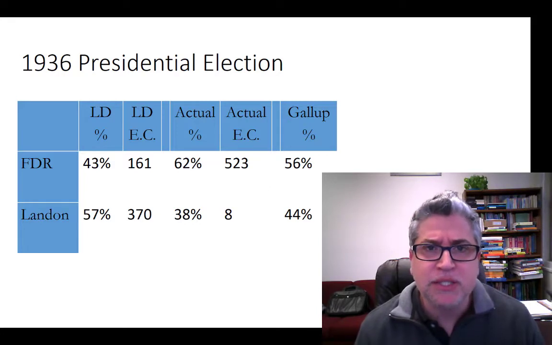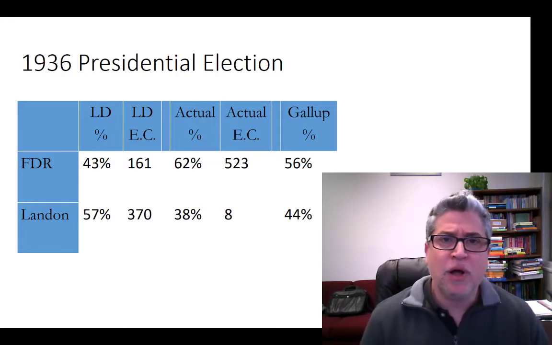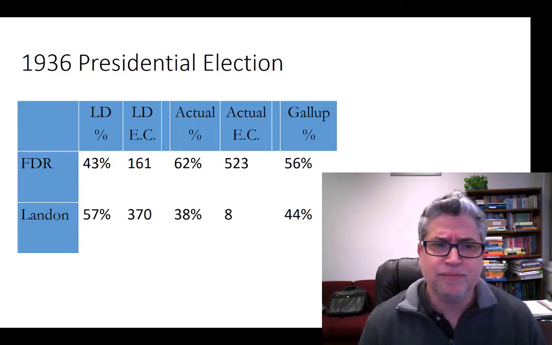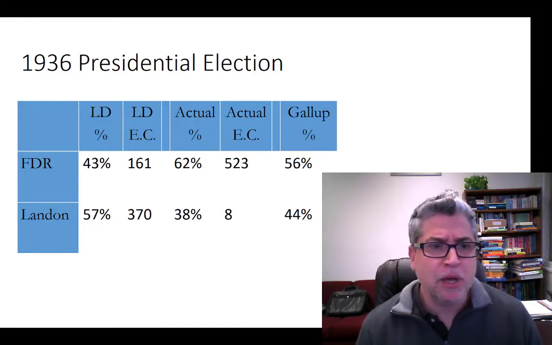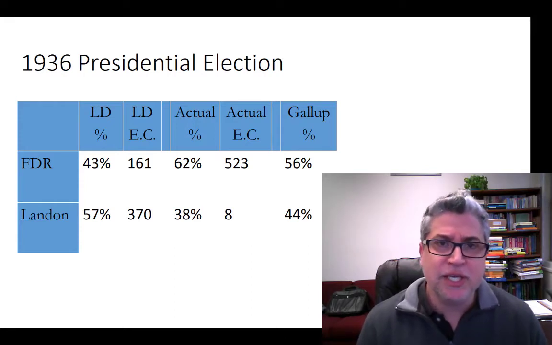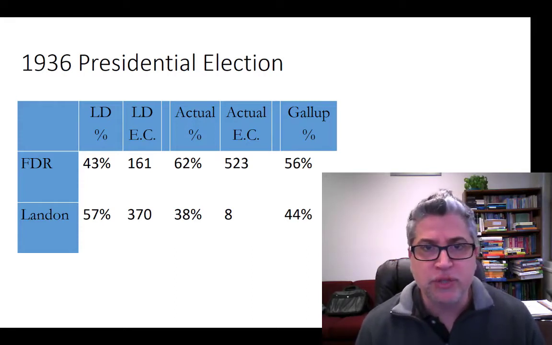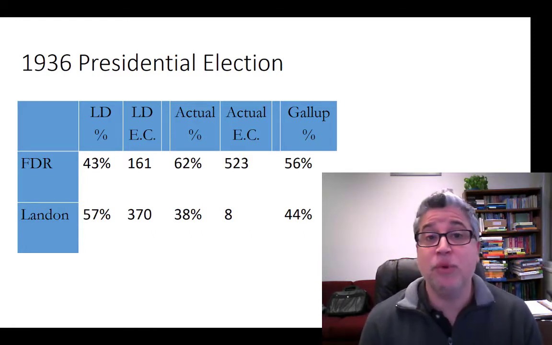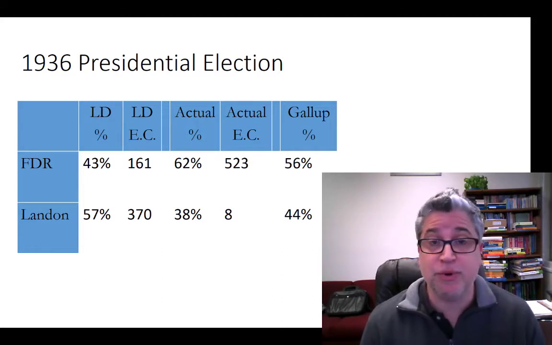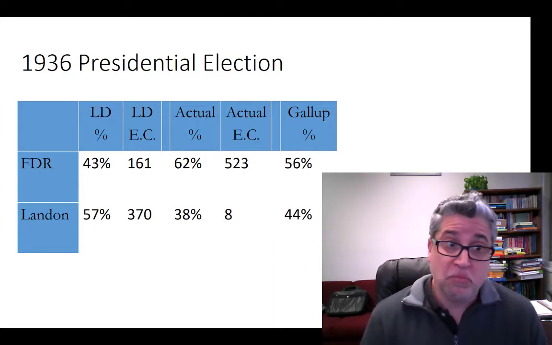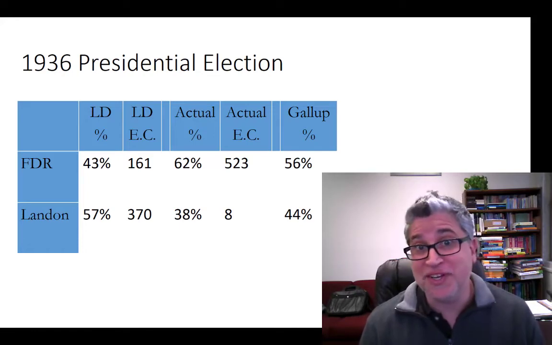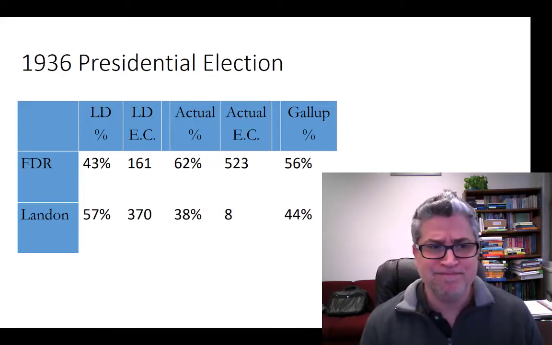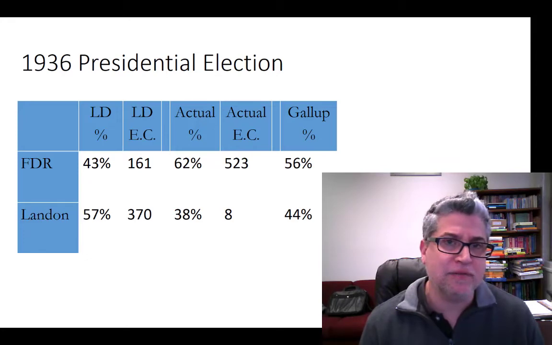They had a huge sample size. Well, what they did wrong is they oversampled a particular type of person. In 1936, we were in the middle of the Great Depression. Plus, not everyone had telephones back then. So if you were unemployed, as a lot of people were during the Great Depression, or not very well off, so that you didn't have a telephone in the first place, you weren't likely to be selected for the Literary